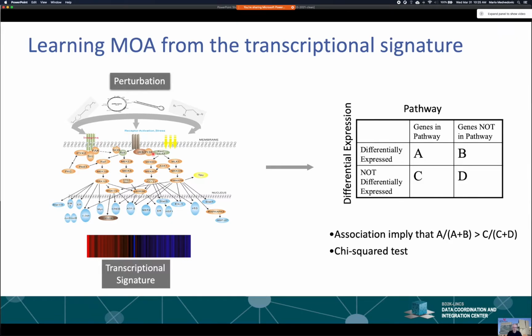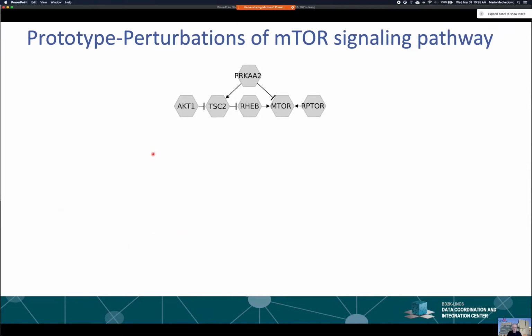So how are we going to go? What is the alternative to that? I will switch to this other small pathway to make this point, and it's kind of a prototype. It's related to mTOR signaling. mTOR signaling is hugely important, and every day a new biological context is found where it's driving the disease, and there are thousands of clinical trials currently underway for various mTOR inhibitors that treat different